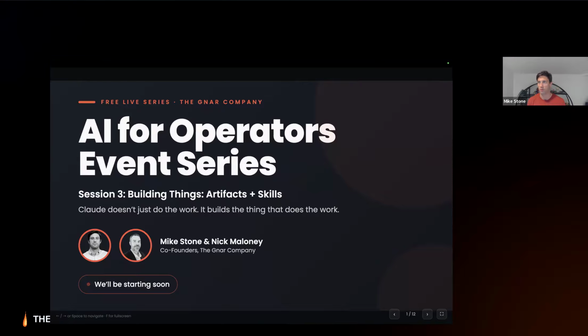We started with our first session on prompting, and creating a framework around how to have effective prompts to get great output. Last session was on projects and workflows, starting to encapsulate context in projects so we don't have to repeat ourselves. And we're going to introduce 2 fundamentally different capabilities this session. That's going to be artifacts and Claude Code, and then secondly, skills.